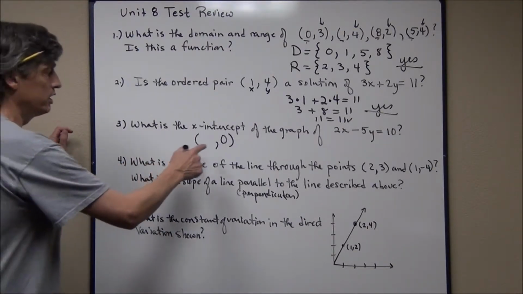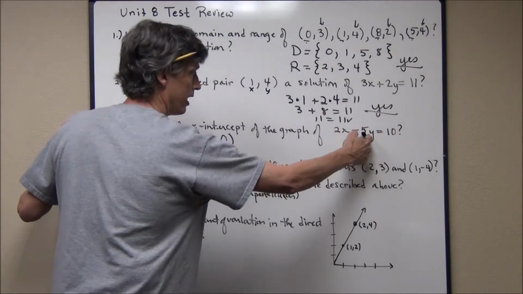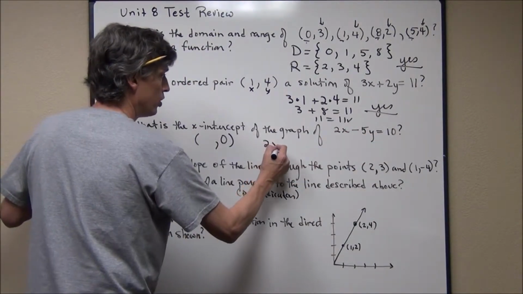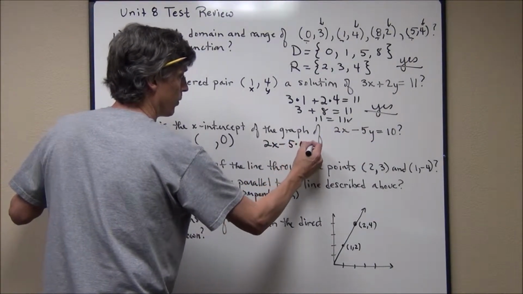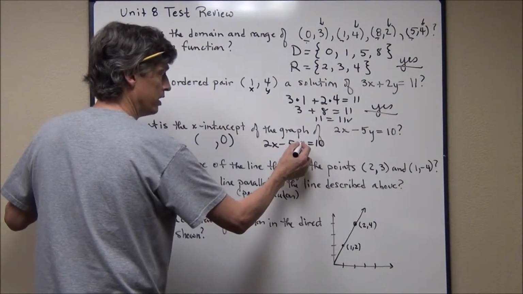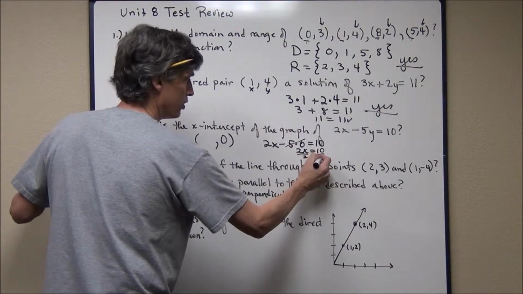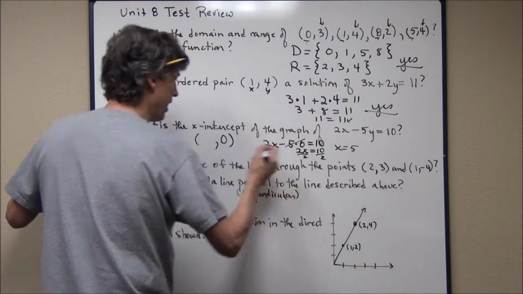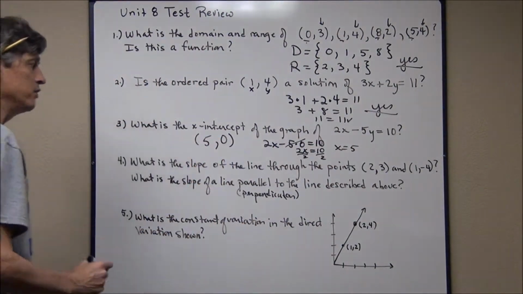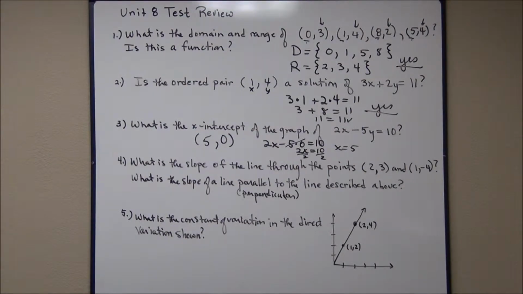So I'm going to plug 0 in for y right here and see if I can find x. 2x minus 5 times 0 equals 10. Of course, 5 times 0 is just 0. I have 2x equals 10. Divide by 2. I have x is 5. So (5, 0) would be the x-intercept, or just the 5, as the book likes to write just single numbers